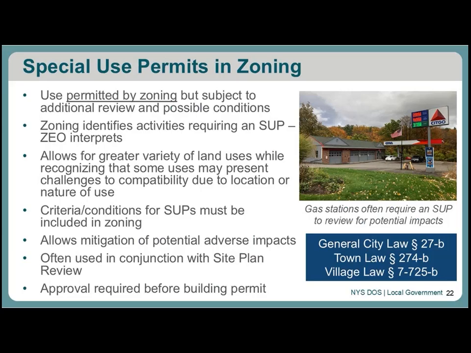And then uses that require a special use permit are considered permitted uses, but they're uses that might need, in a particular unique scenario where they're proposed, to be reviewed for potential impacts. The tool can open up more possibilities for allowing uses because it allows you to review those uses for compatibility. So instead of prohibiting them, they're allowed with a special permit so that you can do that additional review and make sure that there aren't adverse impacts that can't be overcome.